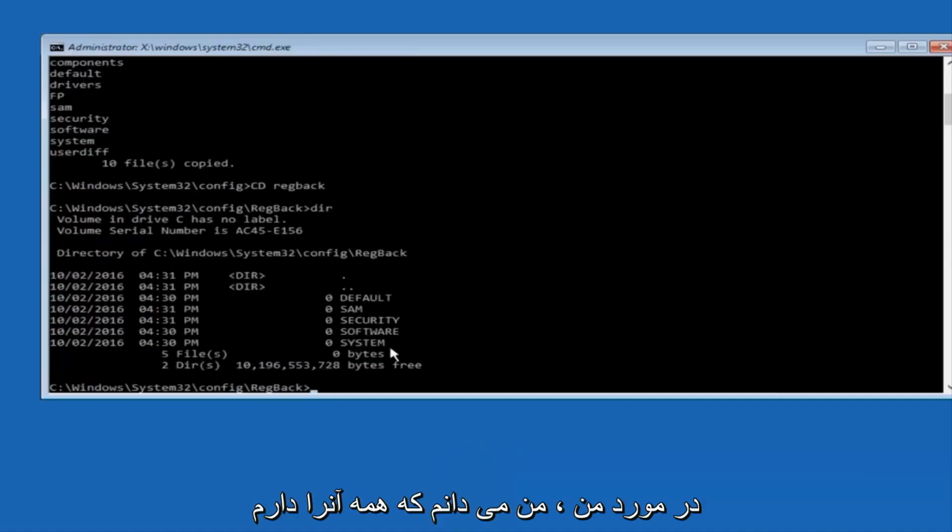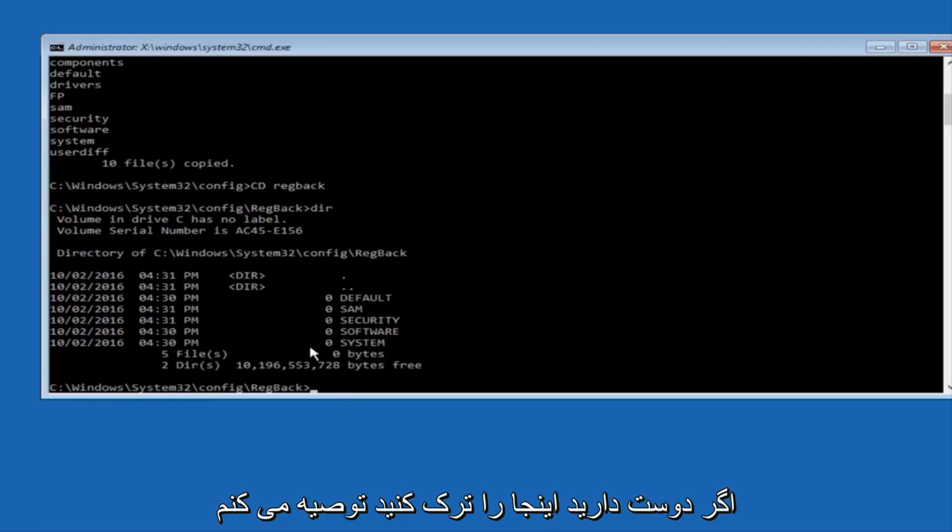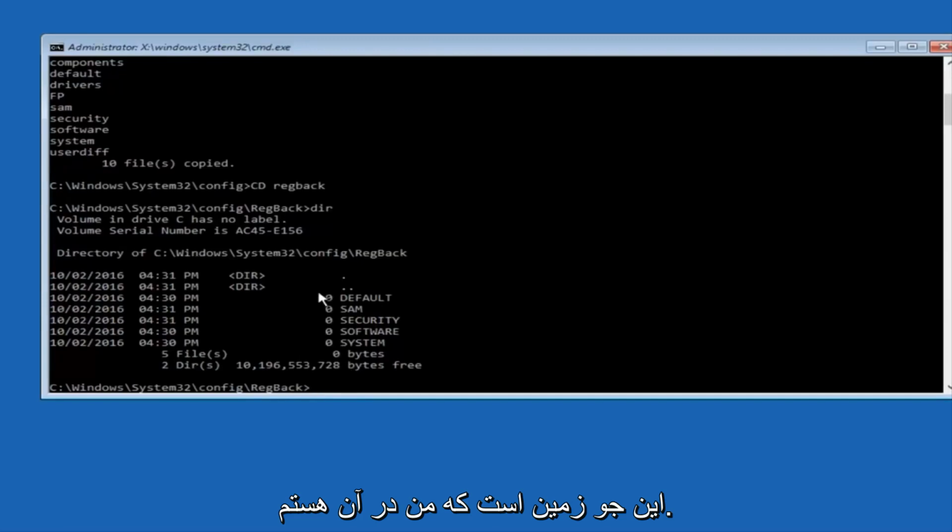Now, please note in my case, I have all zeros next to these entries. If it says 0 next to your entries, this will not work for you if you continue forward, so stop here. I would recommend going through System Restore or Startup Repair and trying to resolve Windows through that. However, due to my computer's environment, I only have zeros here. But if you have values that are not equal to 0, there should be really long strings of numbers next to all of these settings on the left side. So just look in here. If you see all zeros, then like I said, go through System Restore.